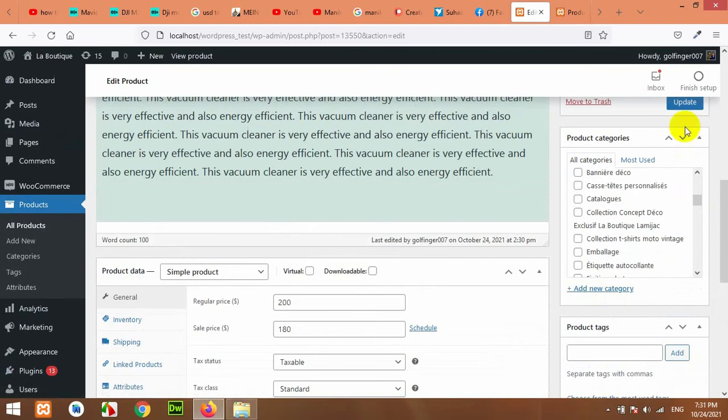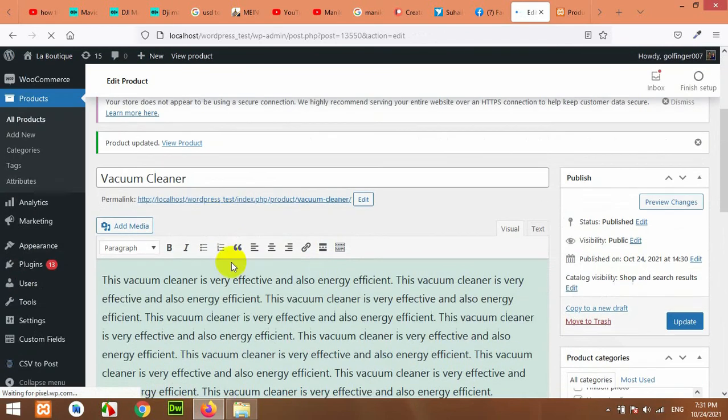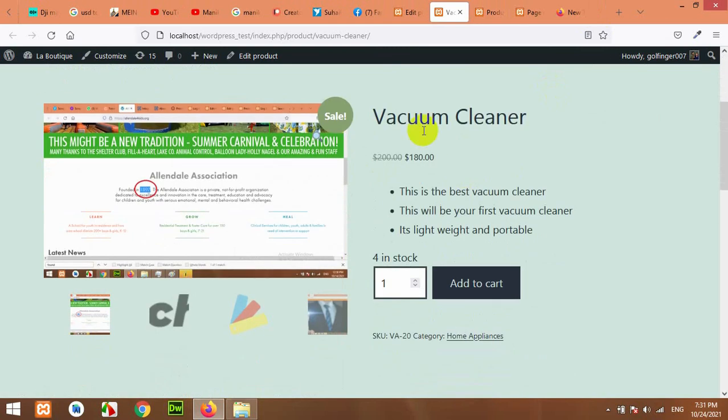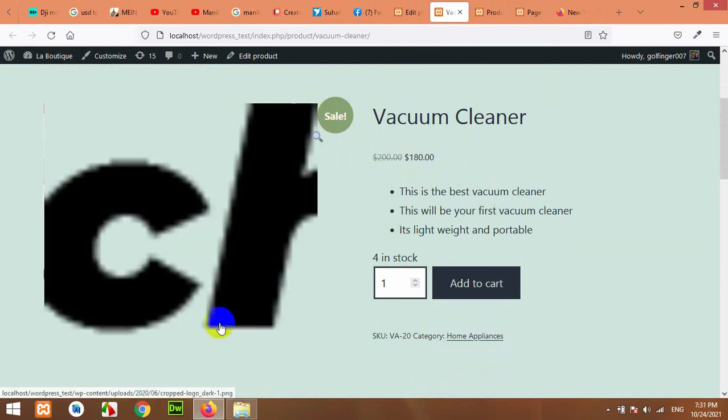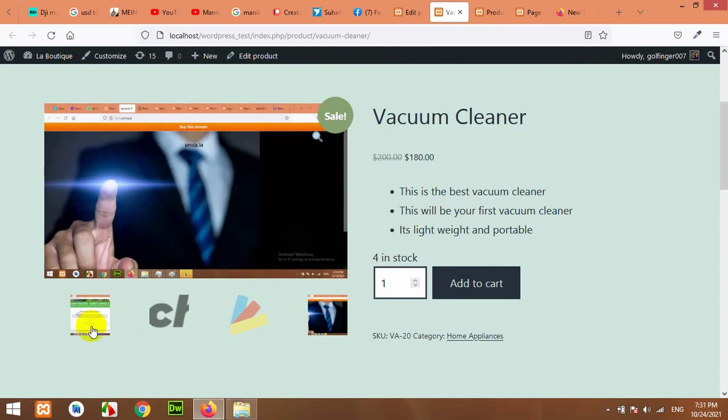So after publishing the product, you can check how it looks on the front end. If we open the front end, then you can see the categories of the product, the title, price, and the not price, because this was the regular price and this is the sale price. So because we have a sale price, then we also have a sale tag on the thumbnail, and you can see the multiple images from the gallery are coming up below the main image.